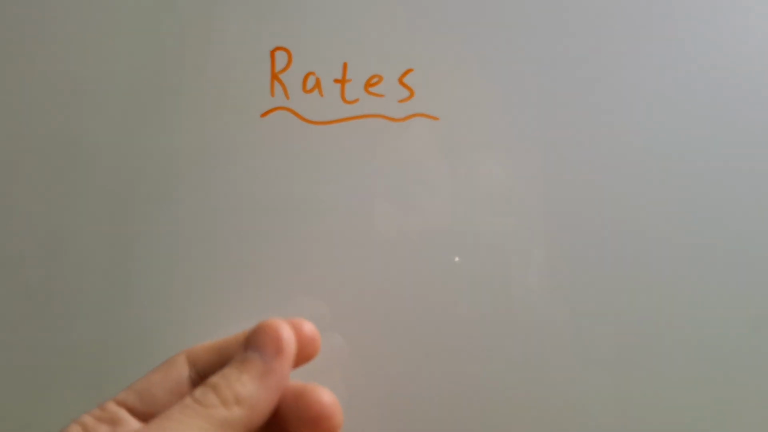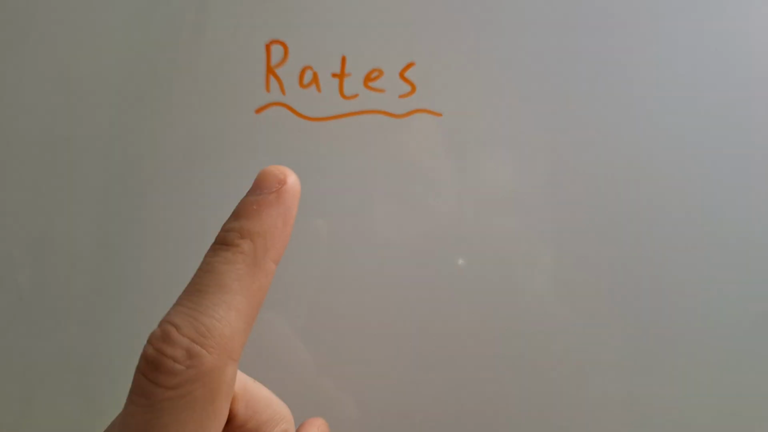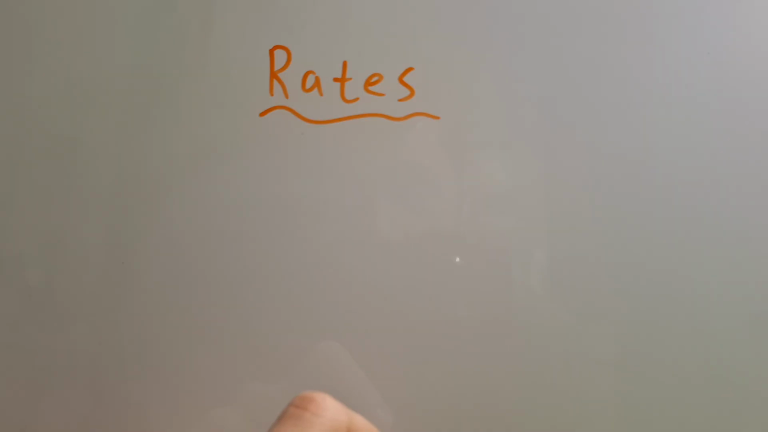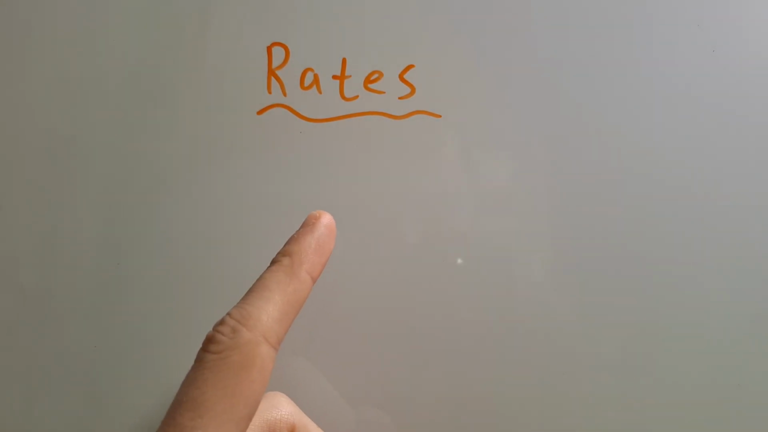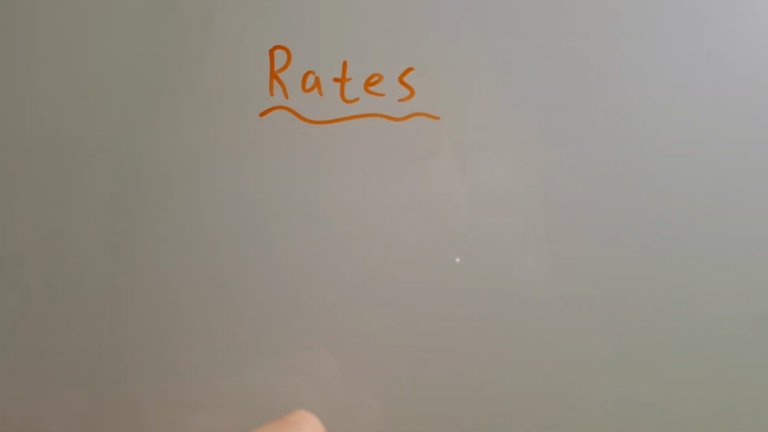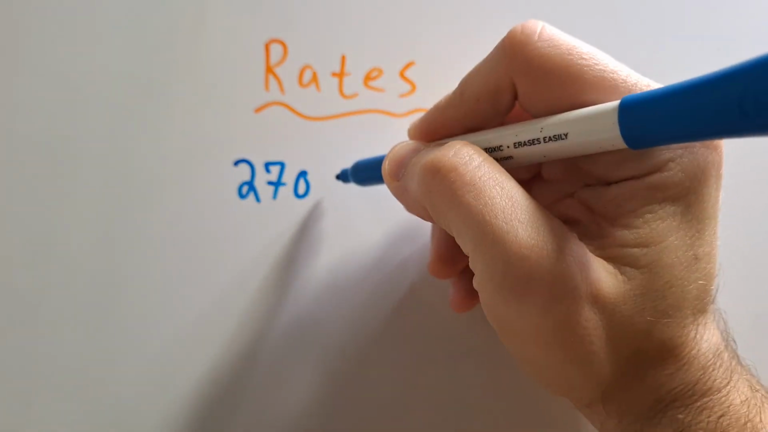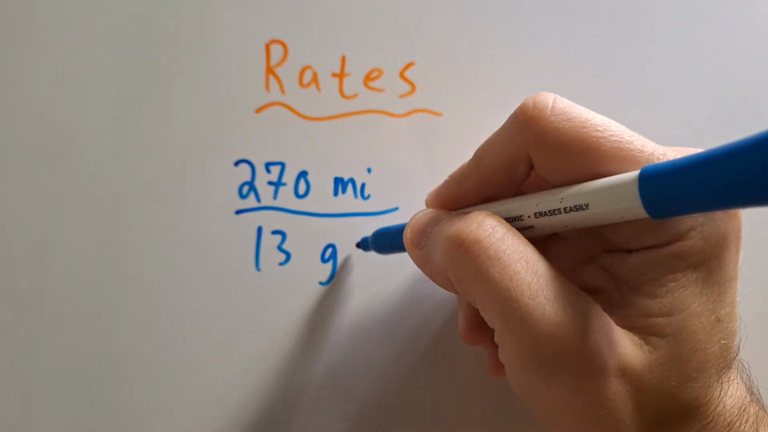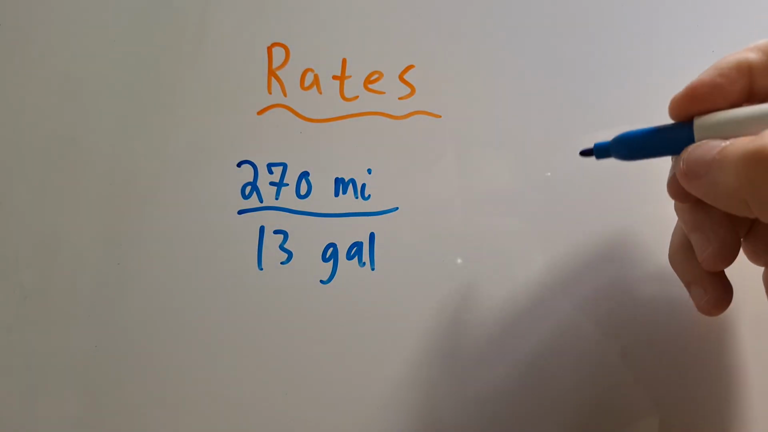Remember in ratios, we were comparing two measurements with the same type of units. But many of the comparisons that we make use measurements with different types of units, and this type of comparison is called a rate. So in short, a rate is a type of ratio used to compare different types of quantities. An example of this would be 270 miles over 13 gallons. Notice how I have two different units of measurement there. Another example would be